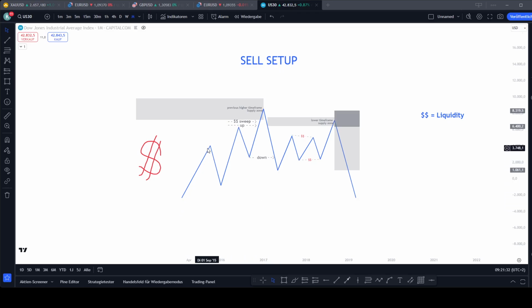Once price starts moving up and creating higher highs, higher lows, higher highs, higher lows, we're expecting that if price reaches a supply zone formed on a higher time frame, it must have also swept liquidity. And once it reaches a supply zone on a higher time frame, we are expecting a reaction